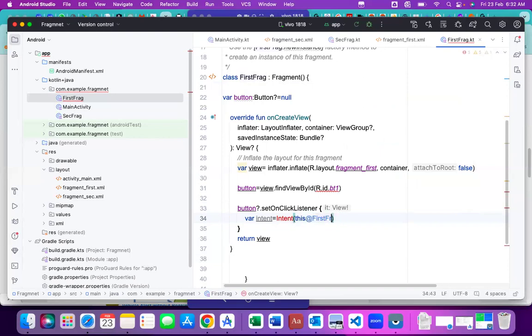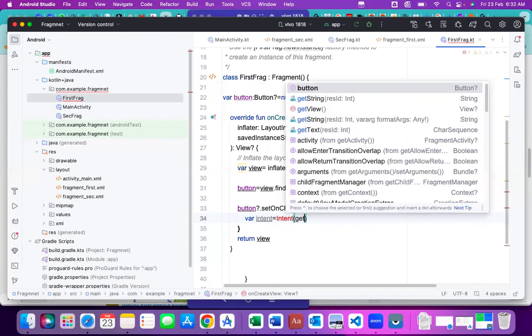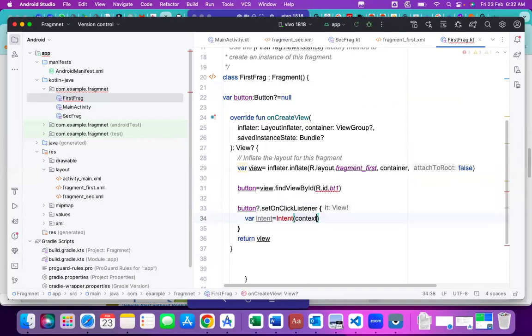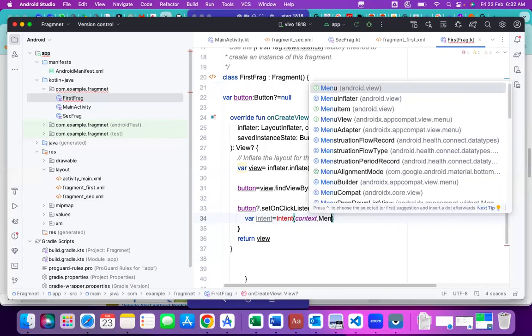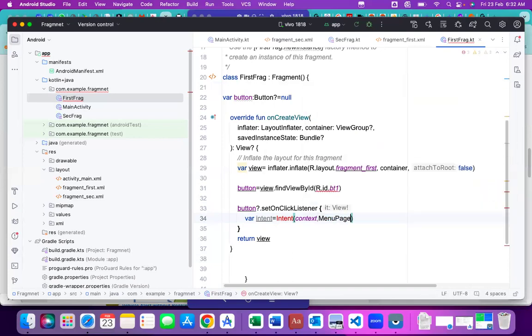Here we will write getContext, because it should call the main. So, getContext is put directly here. Then from here I want to move to the next page, so just the menu page. I have created MenuPage colon colon class